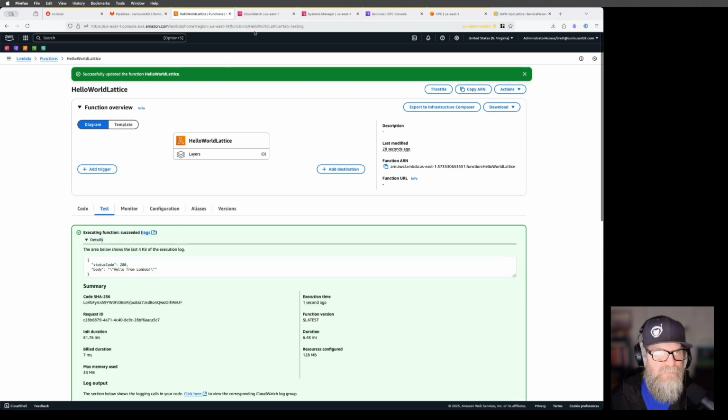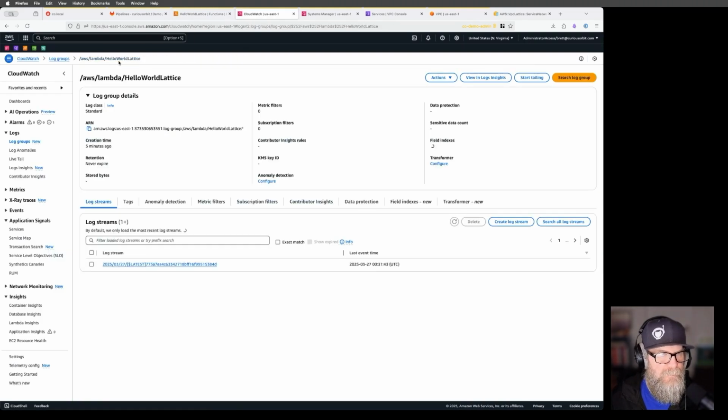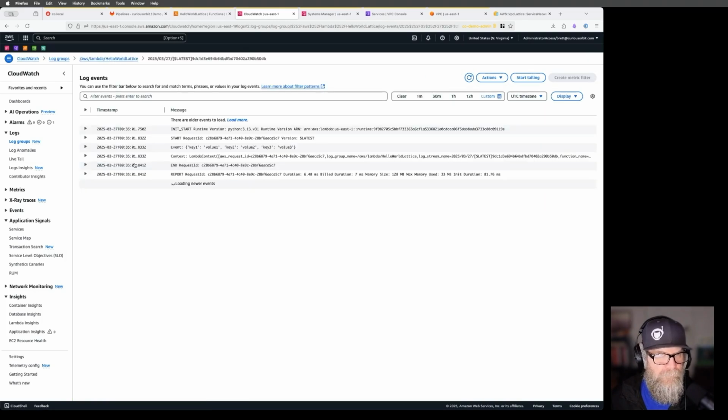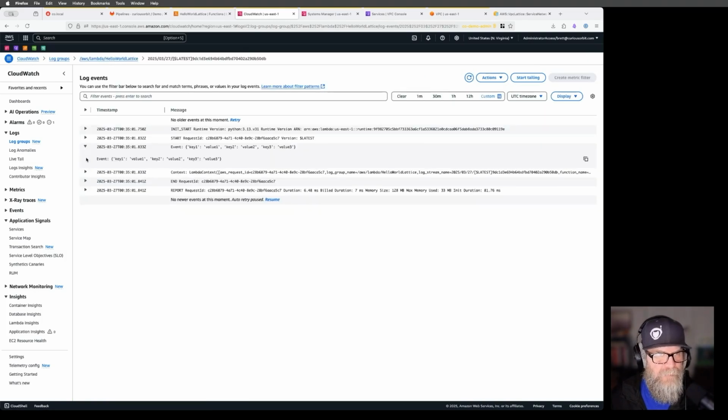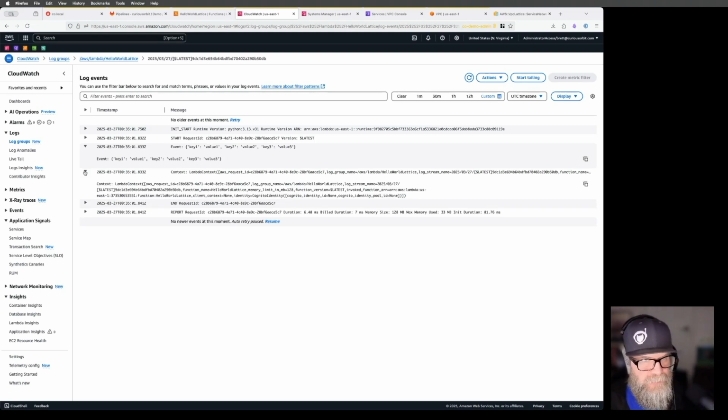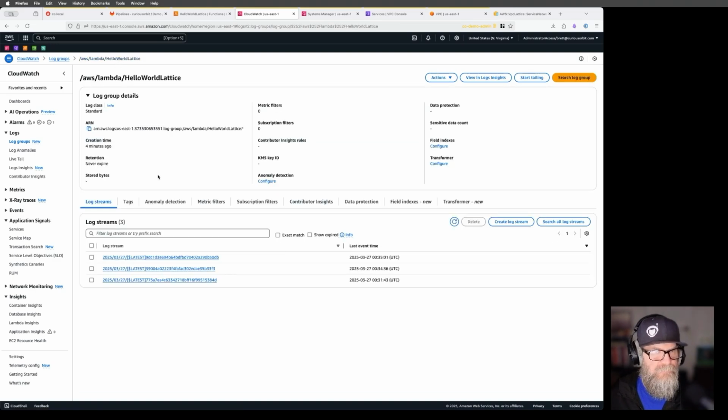Okay, so now if we look at the logs, there's our event object, and here's our context object. So this will just give us a little more information. We can see how this is working. So if we look at this, this is 1235. If I go back over here,